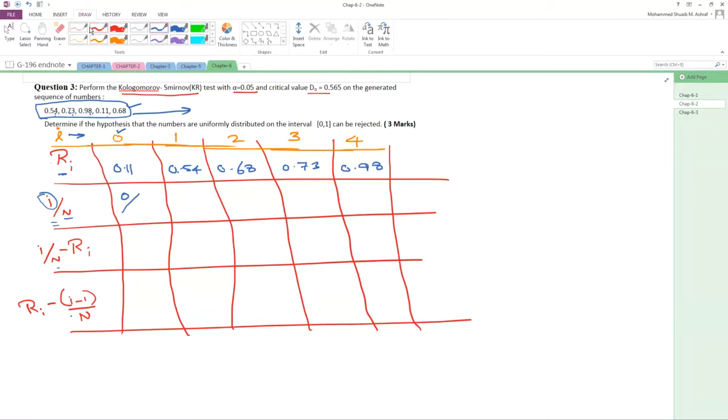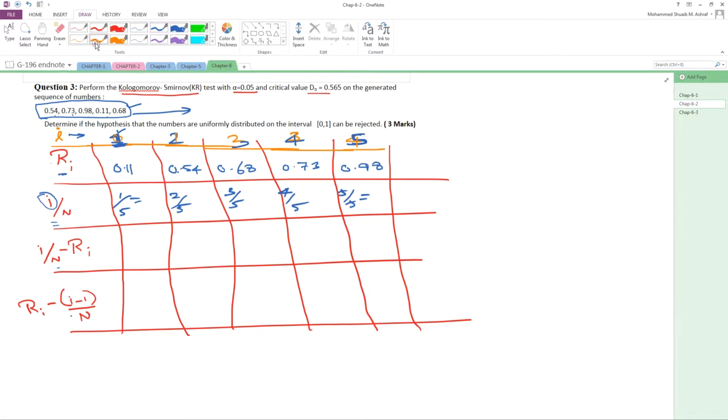Students, I will do it again. Here start from 1, not from 0. 1, 2, 3, 4, 5. Because if you start from 0, it will create a problem for you. So I is 1 divided by 5, 2 divided by 5, 3 divided by 5, 4 divided by 5, 5 divided by 5. Okay students, no problem. Yes, I start from 1.